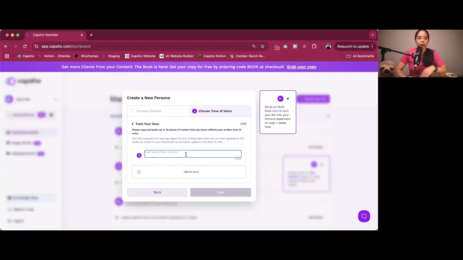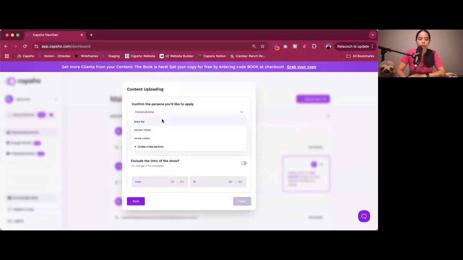So all you have to do is have those things ready. We recommend, like I said, social media and emails as the best place to mine. So what it's going to do now, your persona is going to overlay how you like to speak, and then it's going to overlay who you are, or at least how you define yourself to your audience, who your audience is, what they're looking for, and what you do, right? So it's quite a beautiful mix of things that's ultimately going to factor into everything, every piece of content that